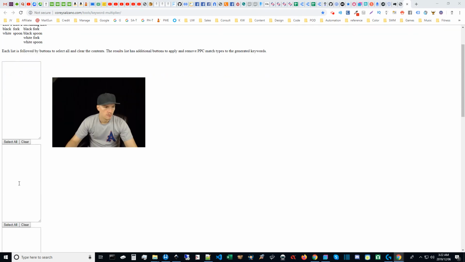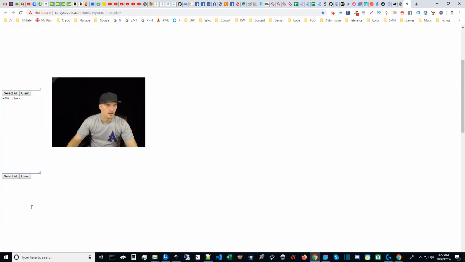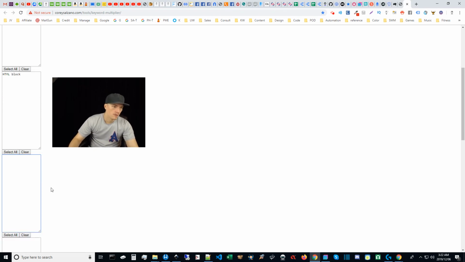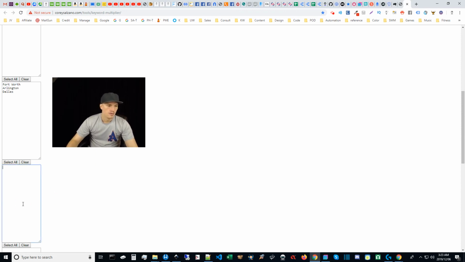So, for example, you could go HTML block, and this is like, say, 50 lines of HTML here. And then here's where you would go, okay, I want this keyword like Fort Worth, Arlington, Dallas, etc. And then here's another HTML block,